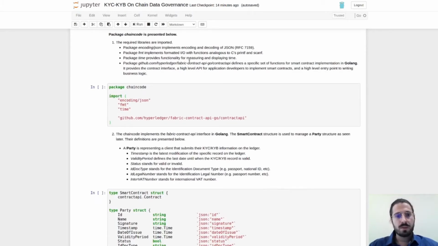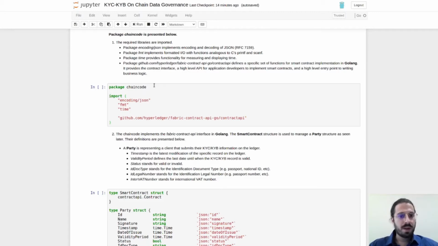First of all, we develop in Golang, and what we are going to see in the next step is how the chaincode is formed in Golang, how it is called, and how it all comes together in one piece of smart contract logic and the business intelligence behind it.